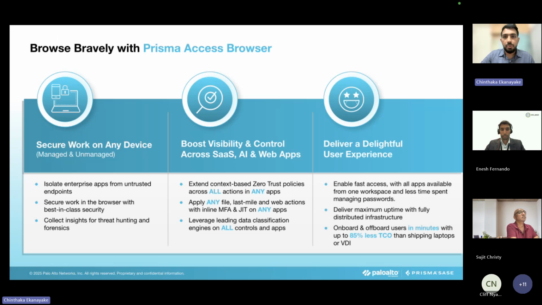The third capability that the enterprise browser delivers is that it ensures you are able to onboard users in a seamless manner. We also give you tools like password managers, where you can securely manage passwords without needing a separate password manager, and it also has capabilities around sharing passwords.